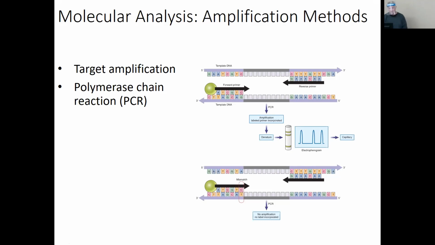So target amplification: this is what we're looking for, right? We have a template of DNA to attach to what we're looking for, and we mix that all together. So the polymerase chain reaction is where you add everything that you need for the process to go forward. Okay, and it's a long list. Let me go over that.